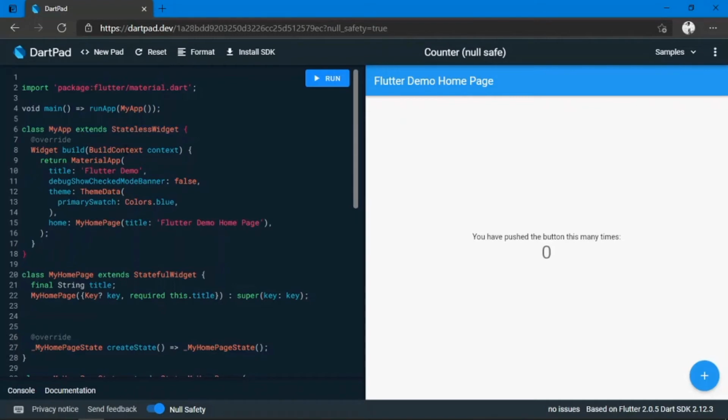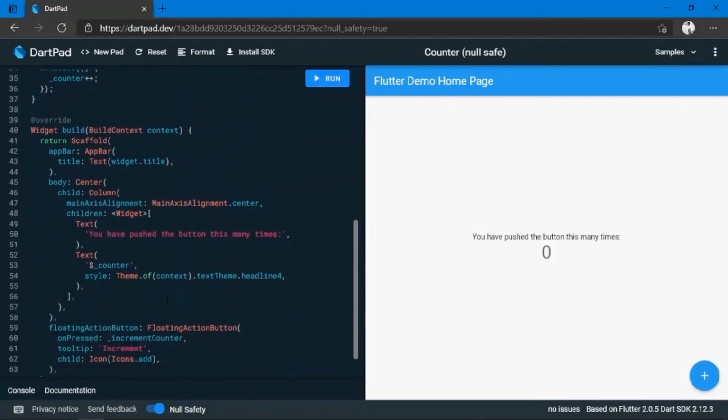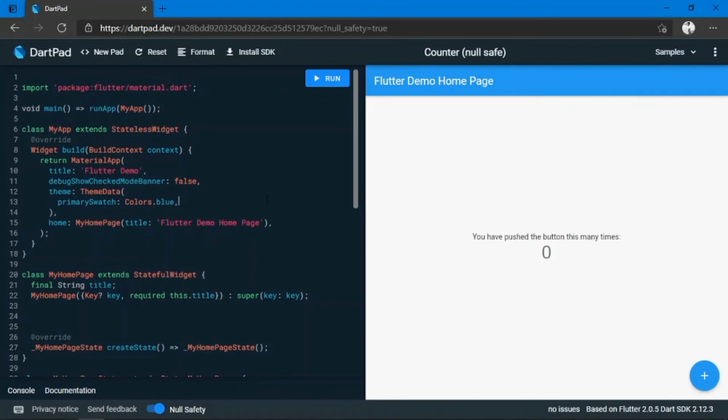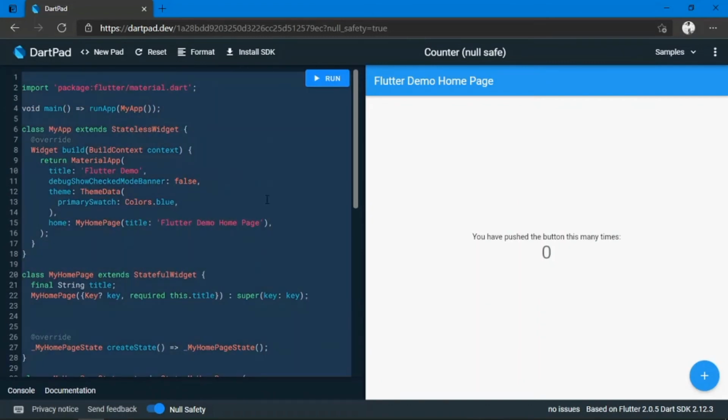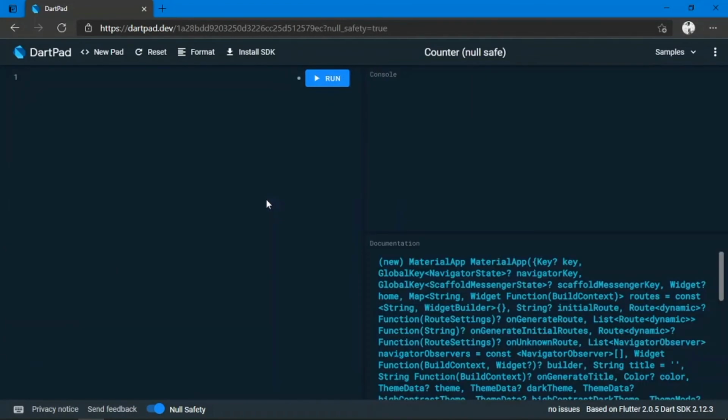In the stateless widget, some build context is written. I think it will go long, so just Ctrl+A and remove it. I think everything is clear. Blank screen, so let me code it for you.